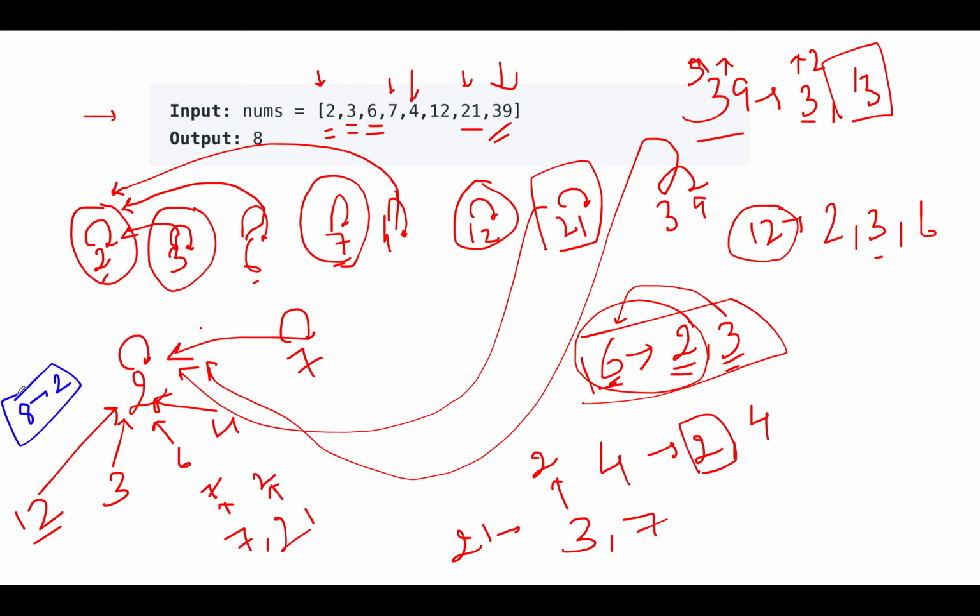Let's extend the same example and let's take a case where we have a next element as 41, and 41 is a prime number. It is not part of this island. It can't be, because 41 is not divisible by any of these elements, and it will be treated as a sole independent component. 41 parent will remain as 41. Now we have two components, one where all the elements have their parent value set as 2, and other where the parent value has been set as 41. So you'll pick up the one where the maximum parent value has been set, which is 8.